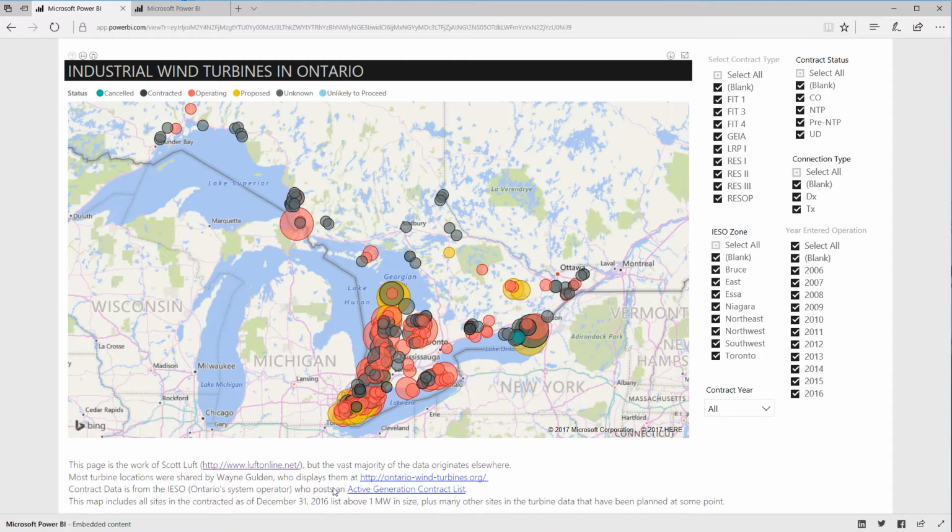so we requested the data for him, and he was kind enough to provide that. And I wanted to link that data to the contract list from the system operator, the ISO. So really this project is rationalizing these two data sets together to try and show this. Here's some of the interactivity. First of all,